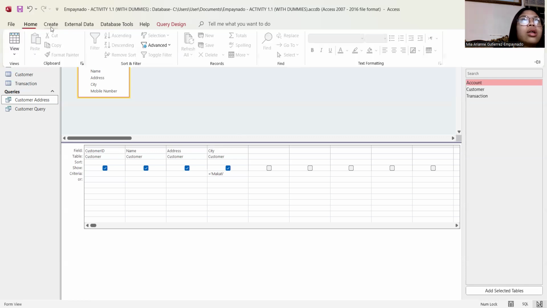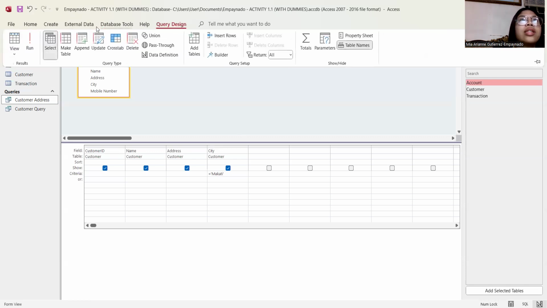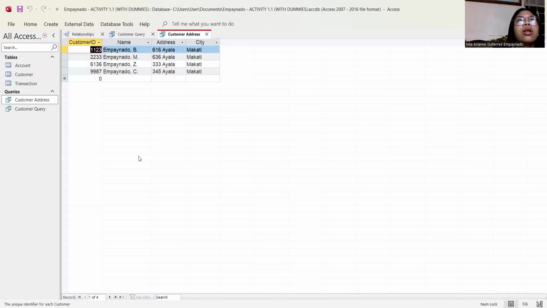Then here in the query design, you can run it. When I run it, it shows the data of the customers.